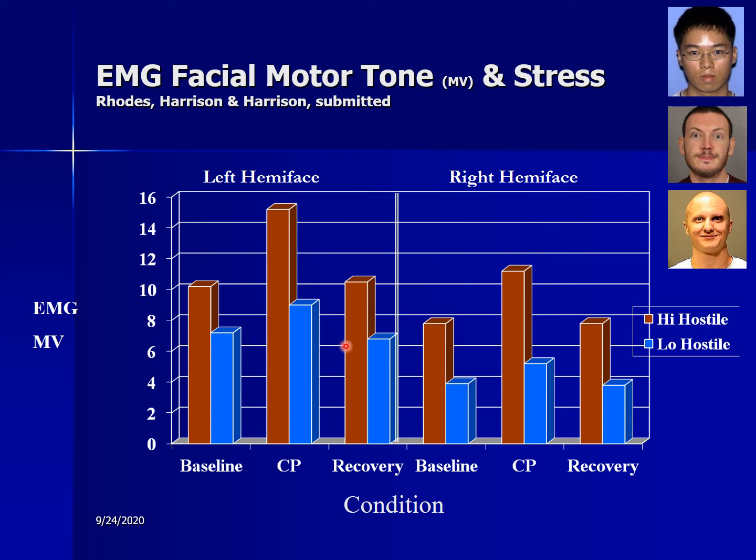Low hostiles also have more facial expression on the left hemiface than they do on the right. And when we look at people posing for photographs, we will almost universally express our left hemiface to other people so that they can get the best view of us. The right side of your face is more flat, less interesting as a group. Not for everybody, but in our group studies, that's 8 out of 10, at least, to be statistically significant.